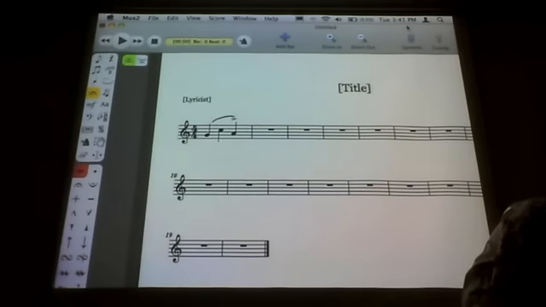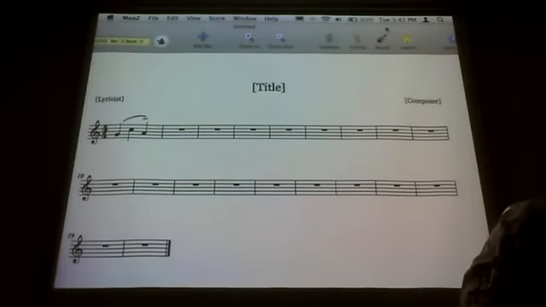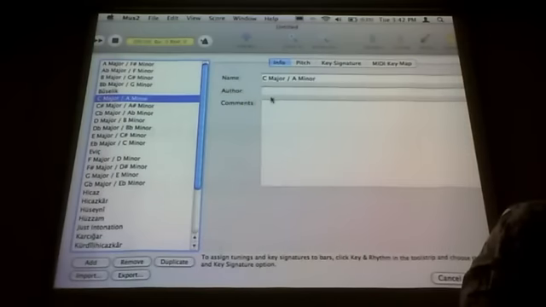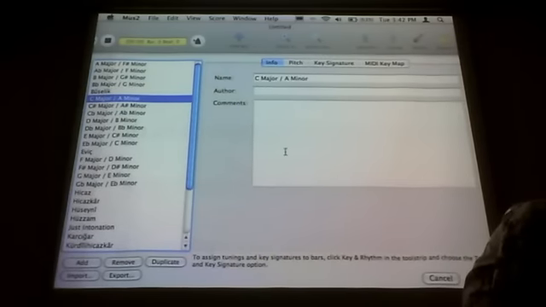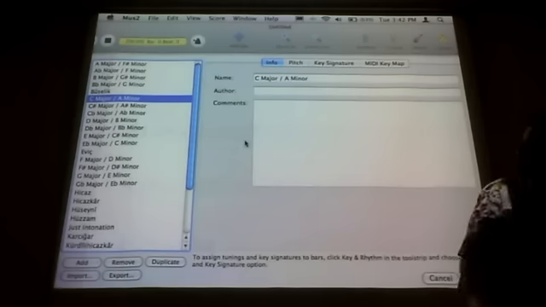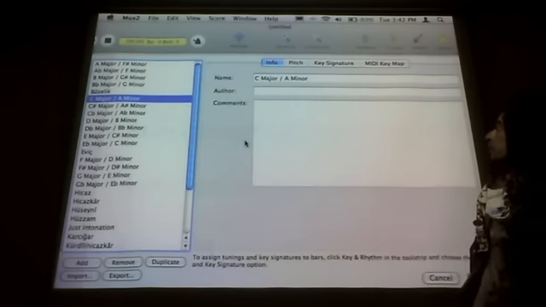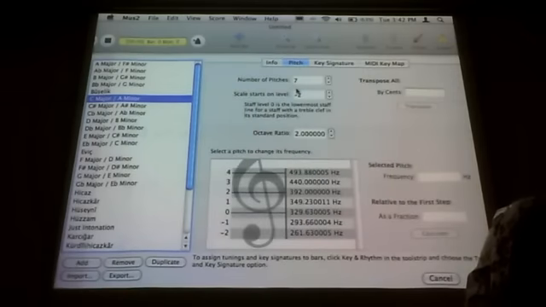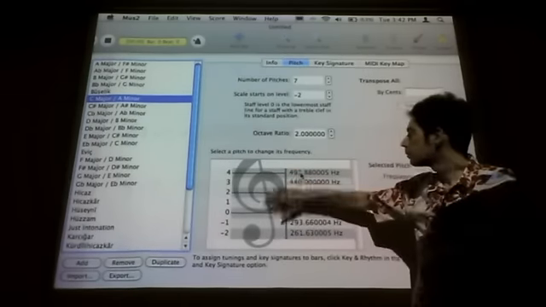So if I can fit this into the screen. First of all, I'm going to show you how we retune the staff in Musica. So this is part of the tuning window. The most important part is probably the pitch section. Here we have basically a